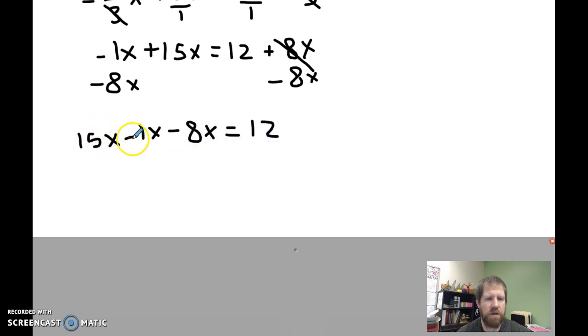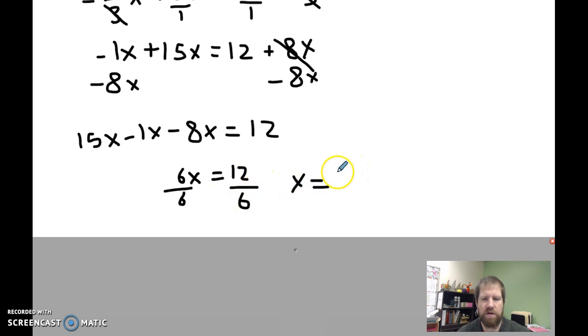15 minus 1 is 14. 14 minus 8 is 6. So I've got 6x is equal to 12. And divide by 6, divide by 6. And I have x is equal to 12 over 6, or